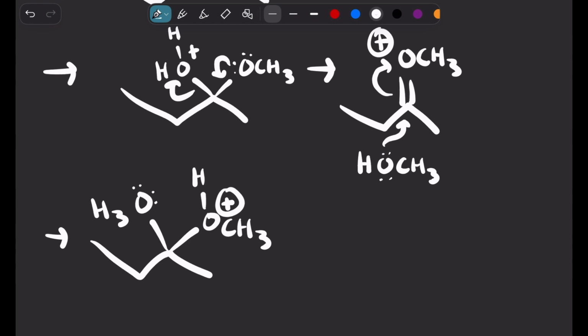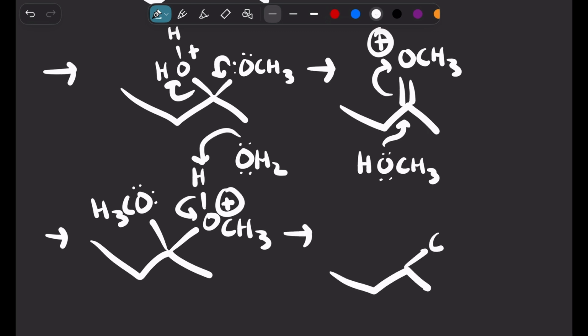From there, we're only one step away from basically having our original molecule, which is going to be two methoxy groups on each side. But the only difference is the right one, which is a methanol, has a hydrogen still on it. We want to abstract that hydrogen, getting rid of the positive formal charge. In order to do that, we're going to have more water molecules within our solution, so we can deprotonate using that. So we're going to have an OH2. That's going to deprotonate this hydrogen, giving us our final product and our major product,